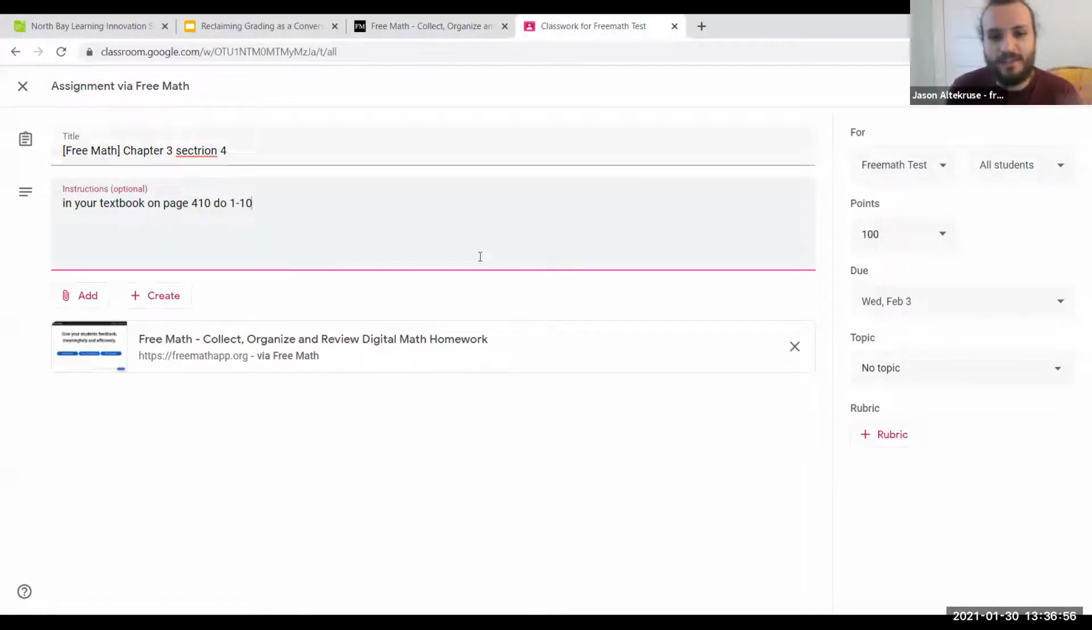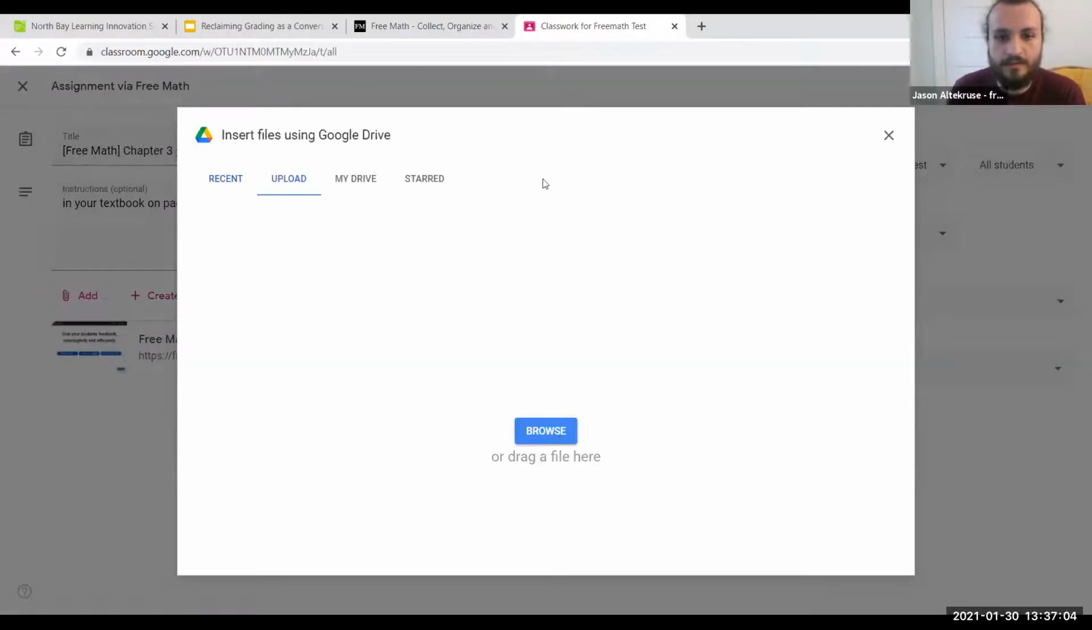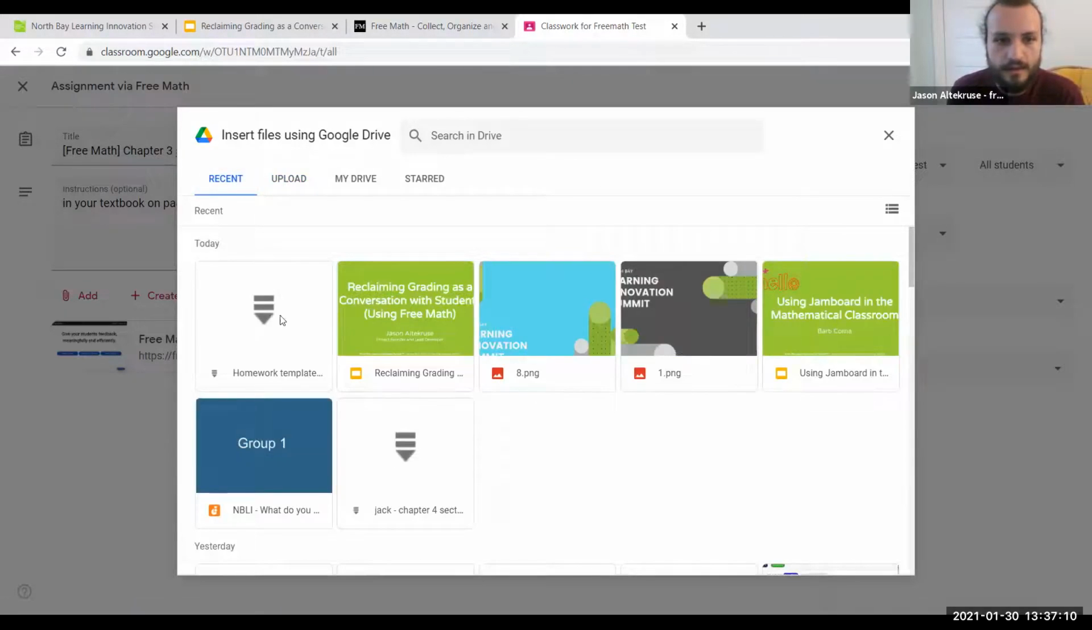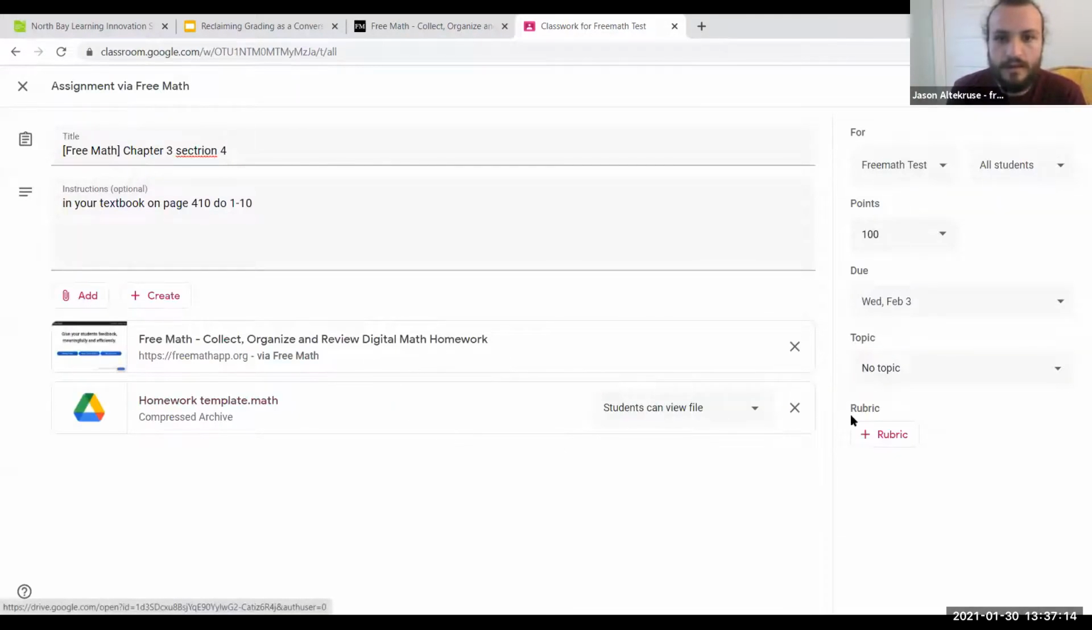Okay, sorry. So now if I wanted to, I could assign it just with this description from the textbook, but you can also add a file. And that file can be a Free Math document. So if I go to my recent files and I grab my homework template that I just created, I can say, make a copy for each student, and that will give them an editable file that they can open up in Free Math. So now if I say assign,